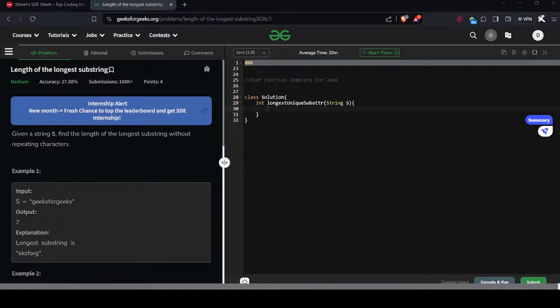Now since j has encountered another one, we will increment I such that